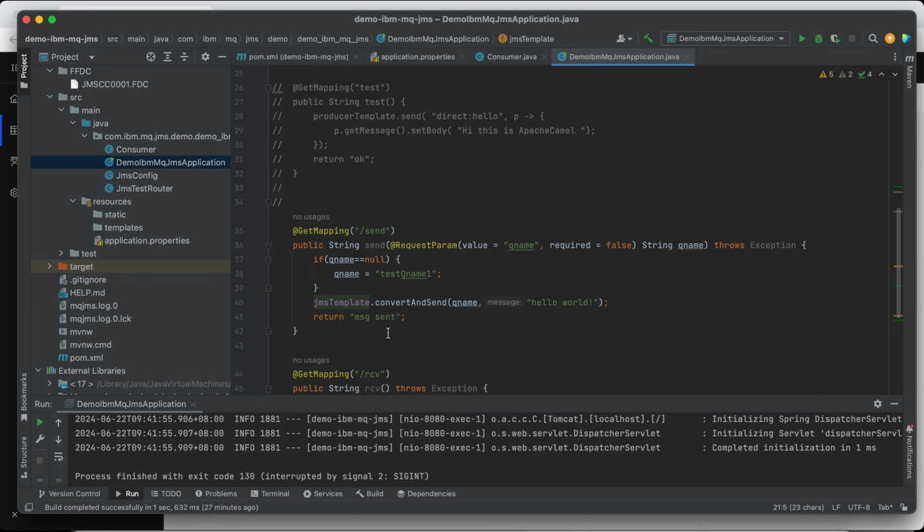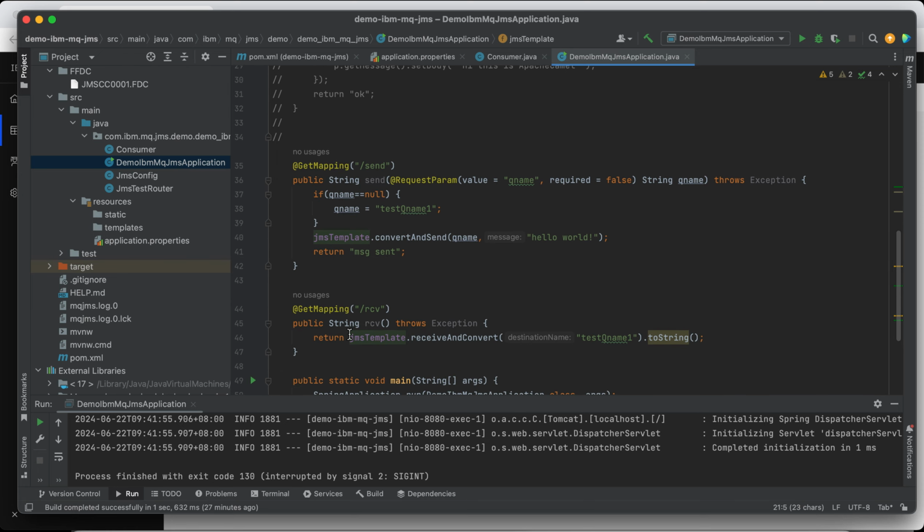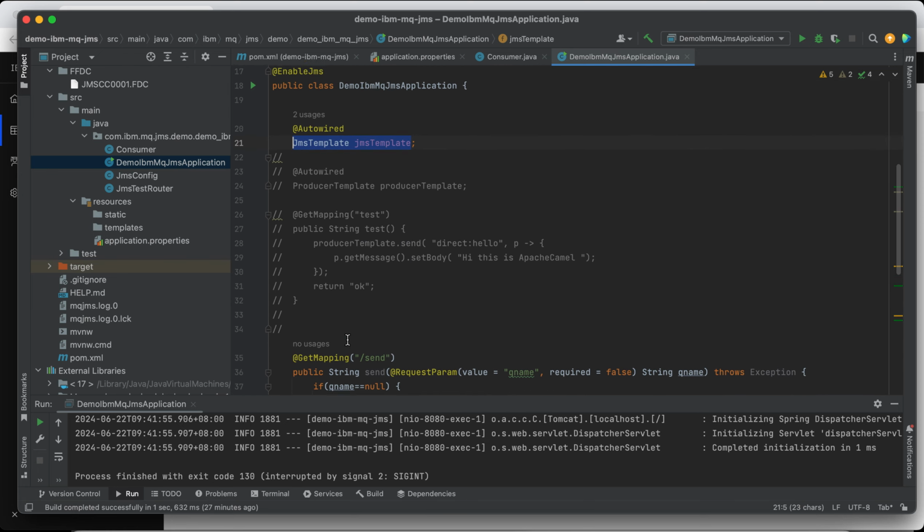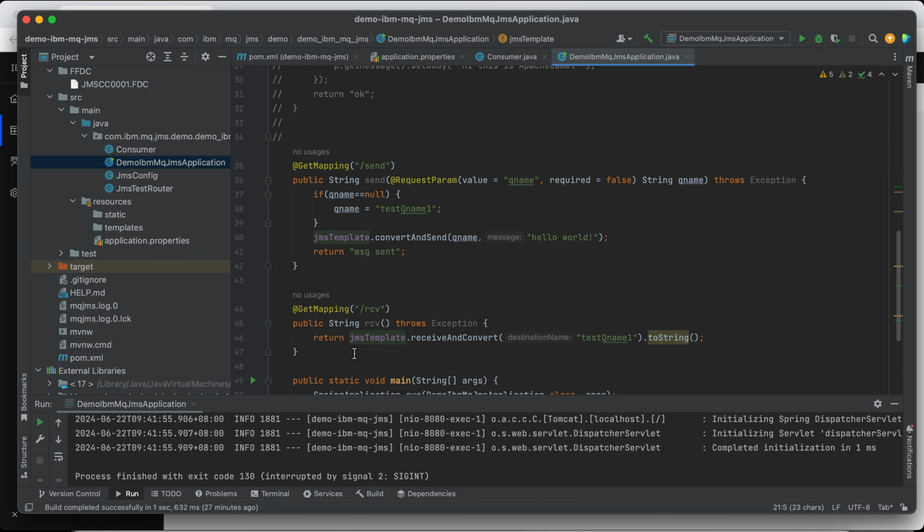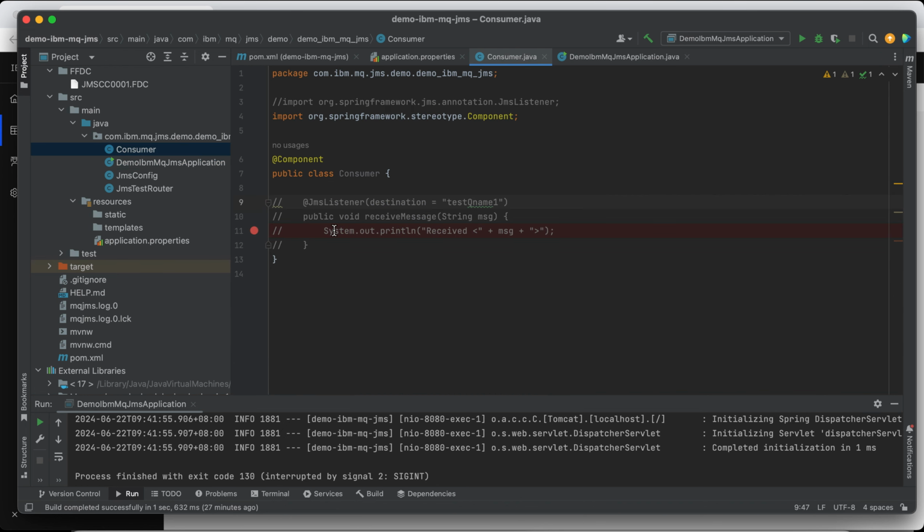So yeah, after sending and receiving, there's another way also to receive the message from IBM MQ, and that is using JMS listener. So let me show it to you.